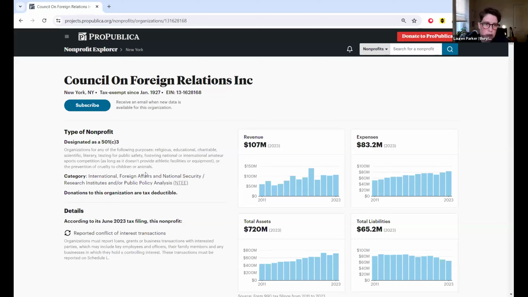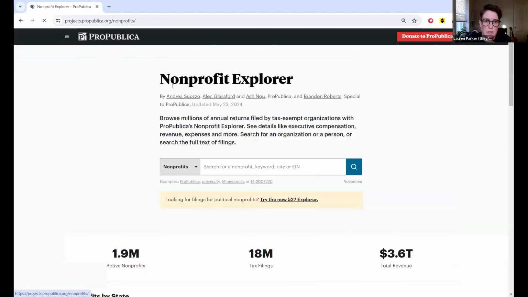So let's see who funds the Council on Foreign Relations. Unfortunately for us, 501(c)(3)s don't have to list their donors. They don't have to list who funds them. But we learned before that nonprofits have to list who they give money to. They just don't have to list who they receive money from. So let's try to use a tool on Nonprofit Explorer to tease that out and back into it. One thing that we can do is